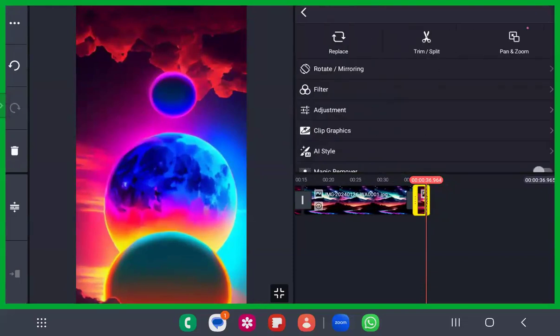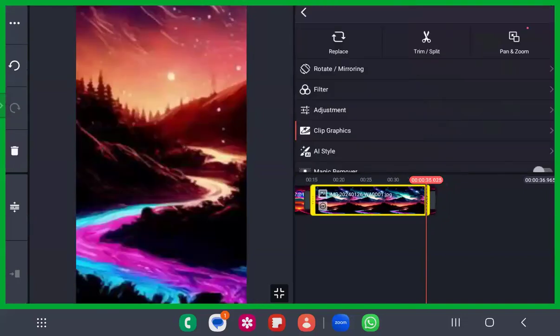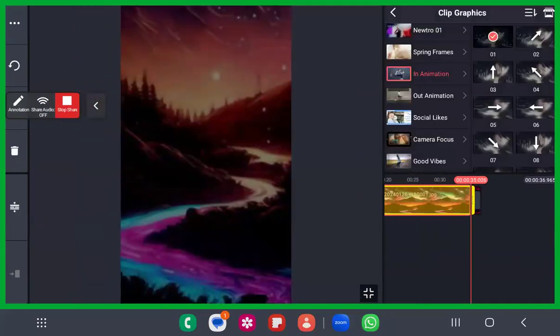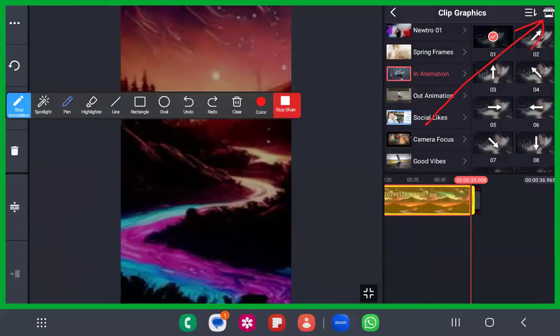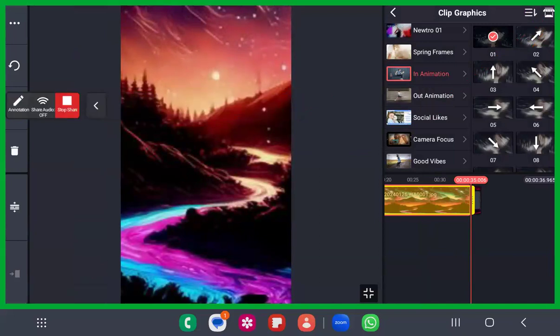You can do it. Okay, and someone asked how to download from the asset store. I just showed you, dear sister, just now. You all have to go to the clip graphics. Click on this, and there is a button here. There is an asset store. Can you all see the button, the arrow mark that I'm showing? The asset store is kind of a store there. Shop kind of images are available there. Just click on that, please. I just downloaded it and showed it to you.